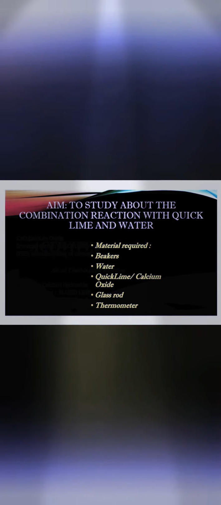So here from the diagram we learn about the activity. We have two beakers. The first beaker has calcium oxide and in another beaker, water is added to it. When we touch the beaker, we have a hot sensation, and that is due to the rise in temperature. We can measure the temperature by using the thermometer in beaker B. When you put the thermometer, the temperature rises from the room temperature.